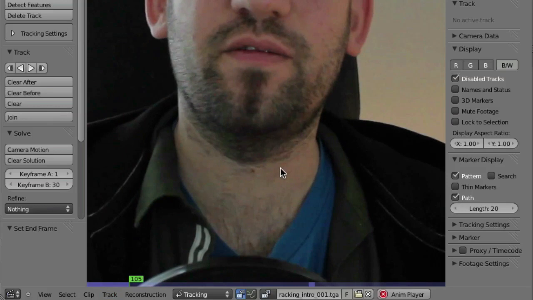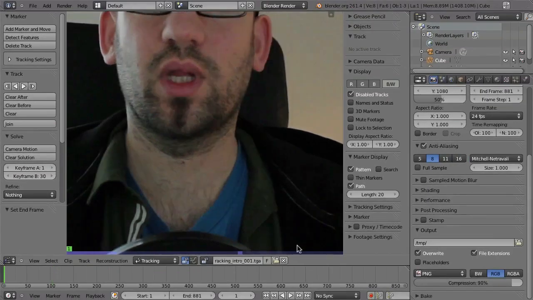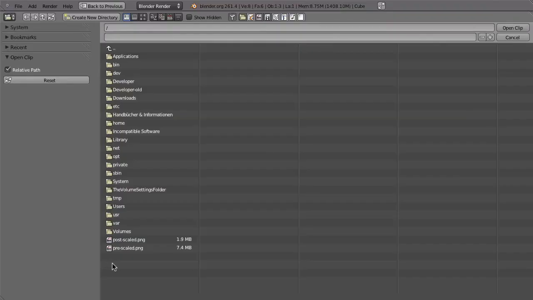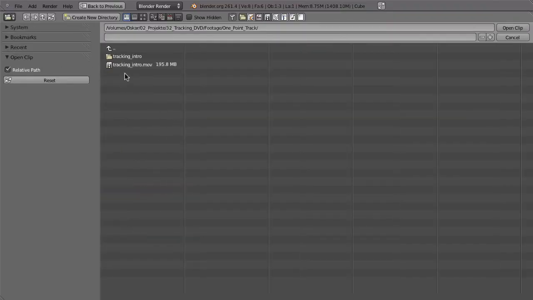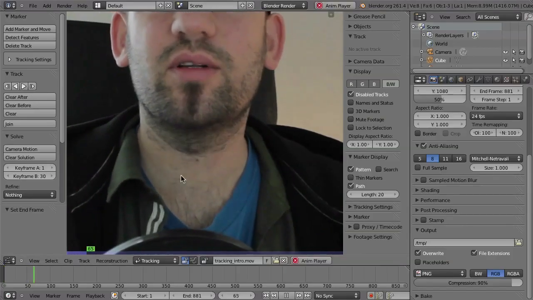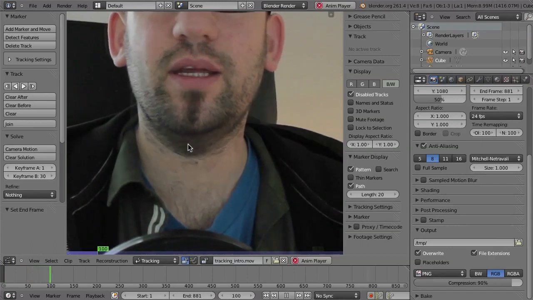So that is the way that you can deal with image sequences here in Blender, but depending on your system and on your Blender version, you can also use movie files. So I just delete the link to that and click on open again, and then browse to my folder and then just load this movie file. So this also loads pretty fast and it's a pretty good playback.